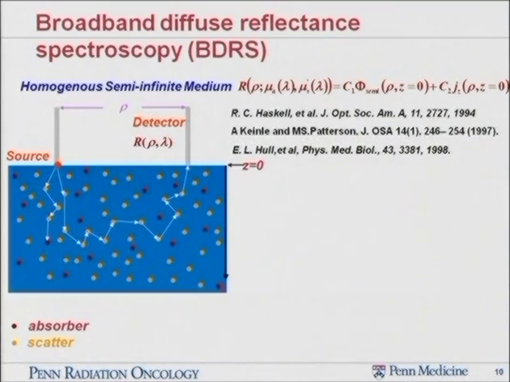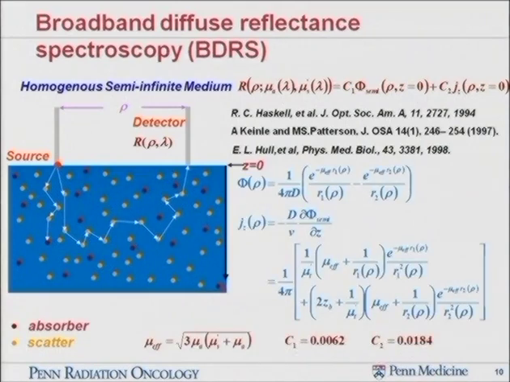And these are the very classic papers that describe this equation. And this actually is the one that is commonly used. More recent papers give you more correct expressions for it. So the light fluence rate is calculated as the original light source here. This is a point source, and the mirror image of the point source. So basically, the light fluence rate here is composed of the two sources at this position,